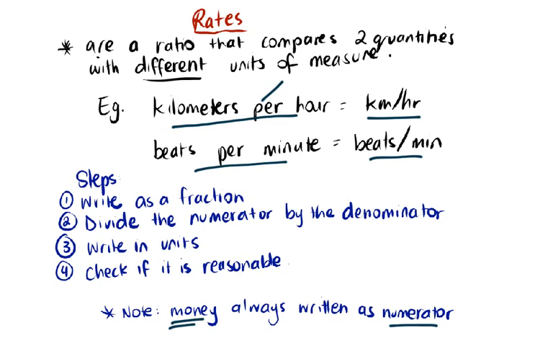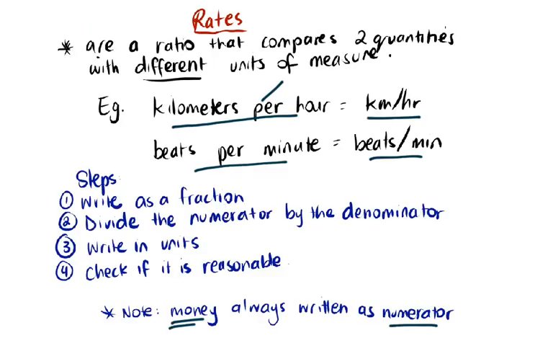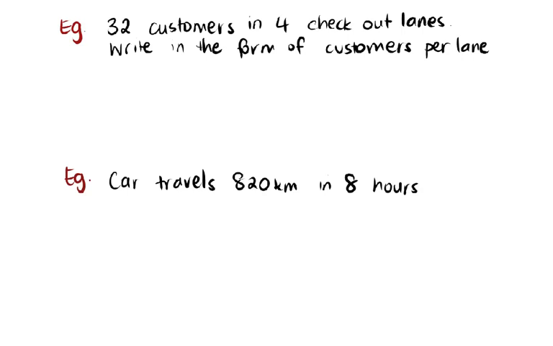Let's go through some examples. So the first one says 32 customers in 4 checkout lanes. What they want us to do is write it in the form of customers per lane. So remember, the first step is to write as a fraction, then divide, and then write in the units. So the first thing is to write it as a fraction: 32 divided by 4. And so the units is customers